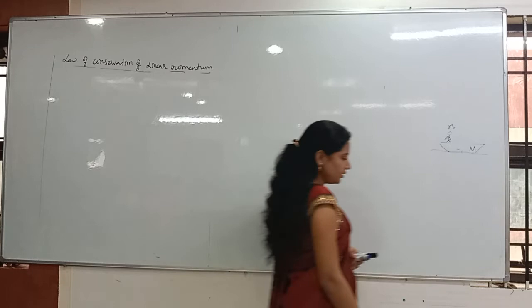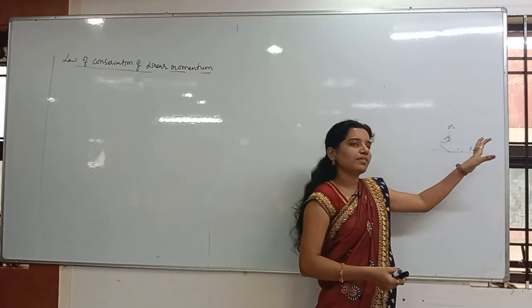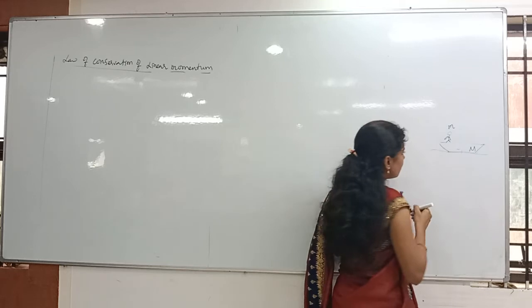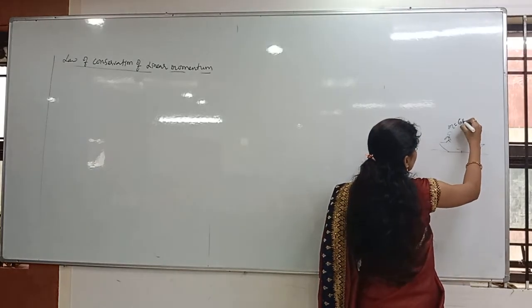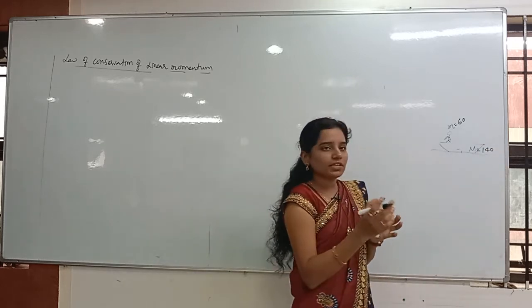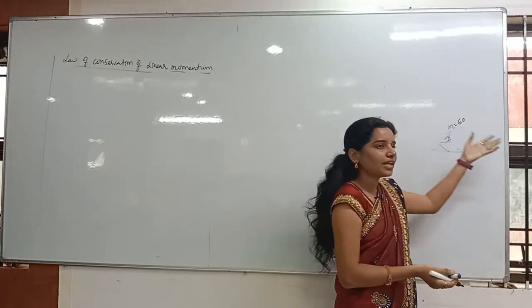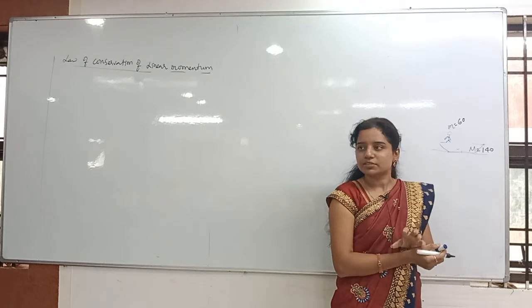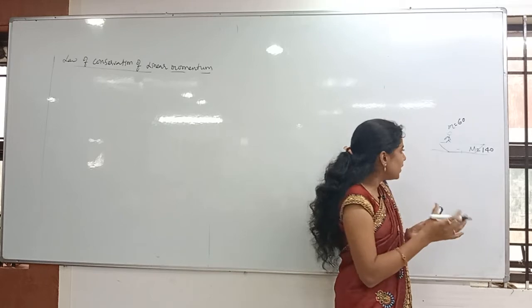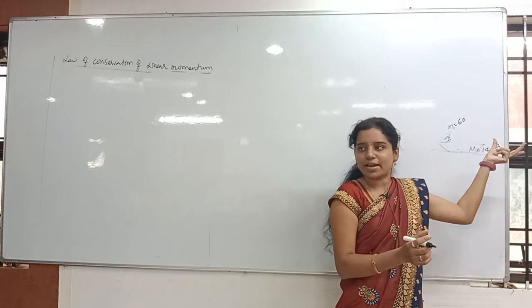Look at the board. They are saying that the man is just standing on the boat. Mass of the man is how much? 60 kg, and the mass of the boat is 140 kg. Whenever you don't get the idea, and you see direct values like 140 and 60, it means you have to add them. 200 is coming as an exact round value, so you can add them directly.